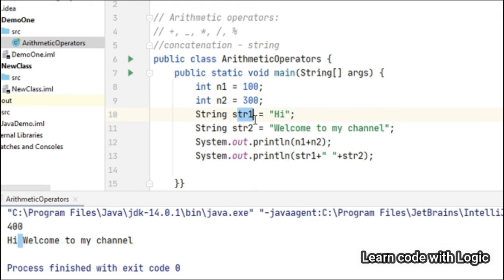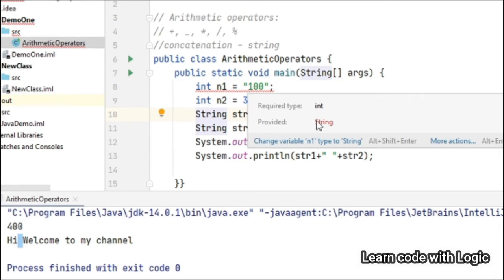This is the main difference between strings and numbers. Now let's give quotations here. Look, it's asking to change the data type.